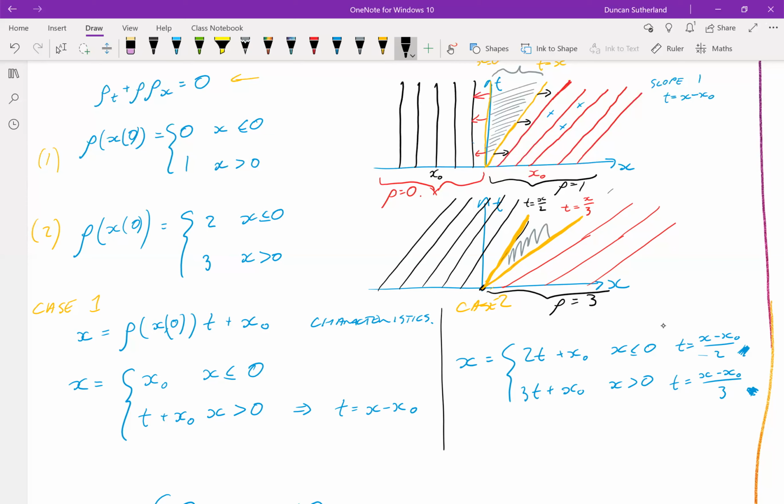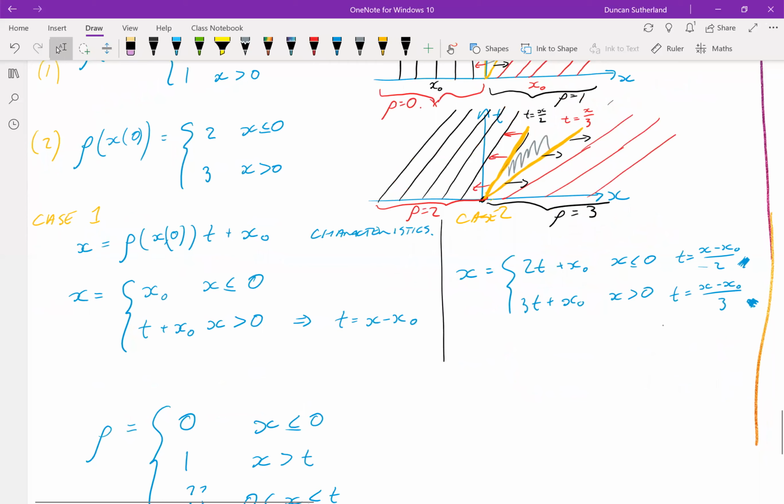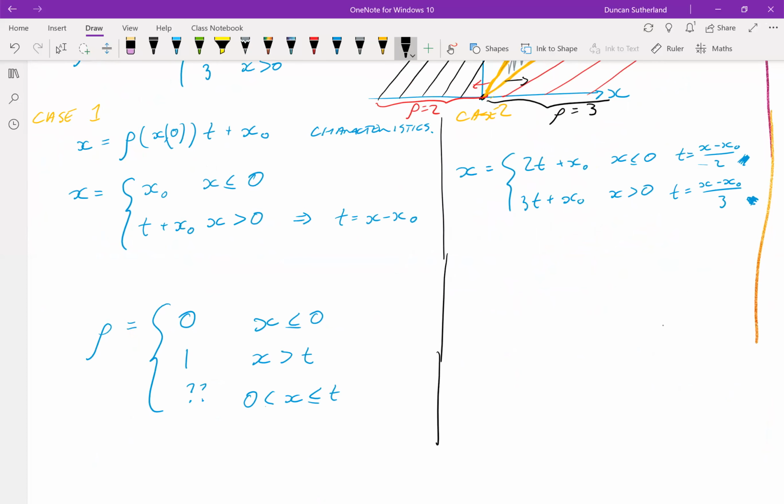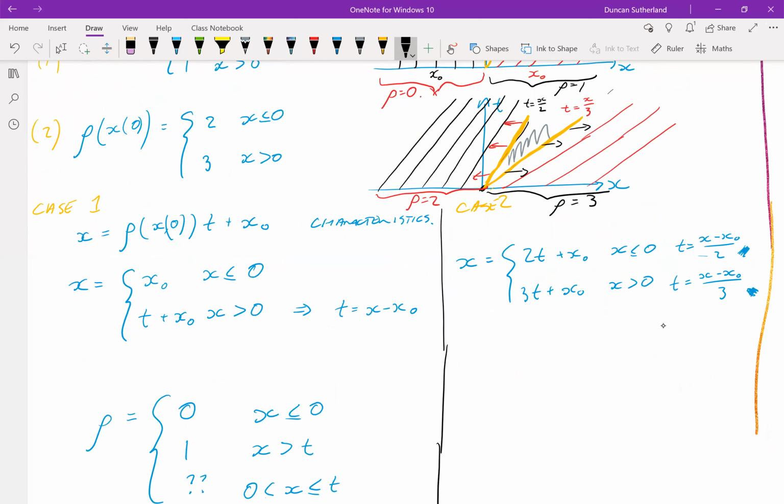As time evolves, like so, we're going to see rho equals 3 because the density rho is constant on our characteristics. Everything to the right of this characteristic, rho equals 2. So we can start building up our solution again, except we won't get any information in this gap. We still don't quite know what to do with that. So rho equals 2